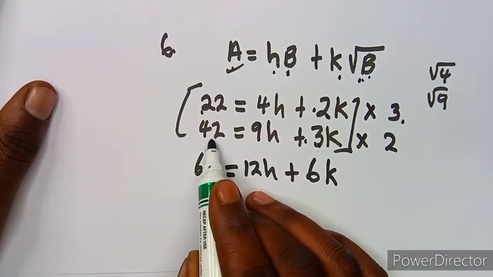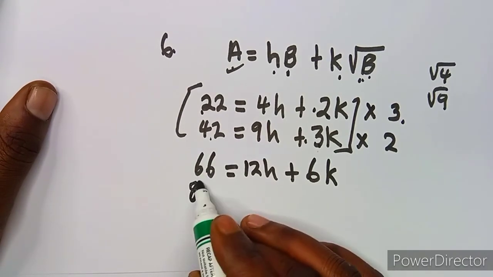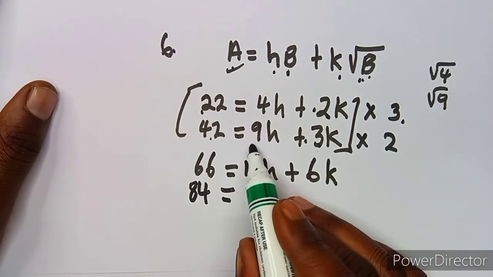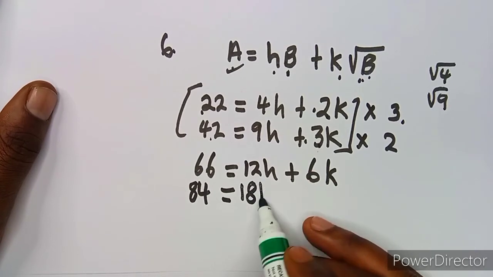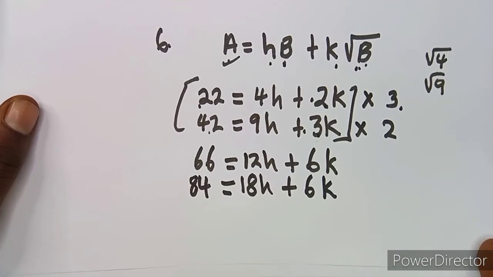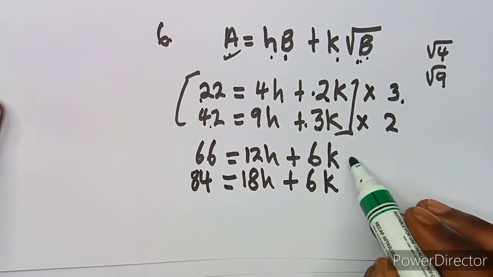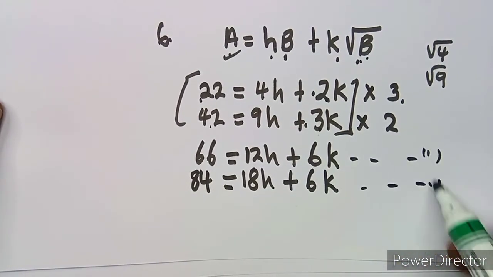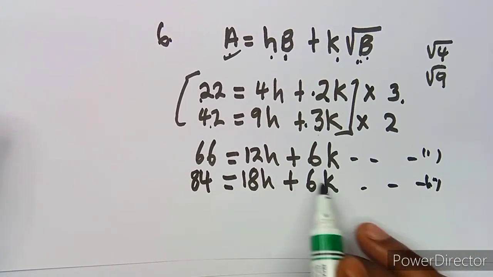You move on to 2 by 42, that's 84 from your calculator, and 2 by 9, which is 18h, plus 2 by 3, which is 6k. Actually, you're not supposed to use your calculator because most of these questions are from paper 1. Okay, so we have got our equation 1 and our equation 2 in a simplified manner, and these two are